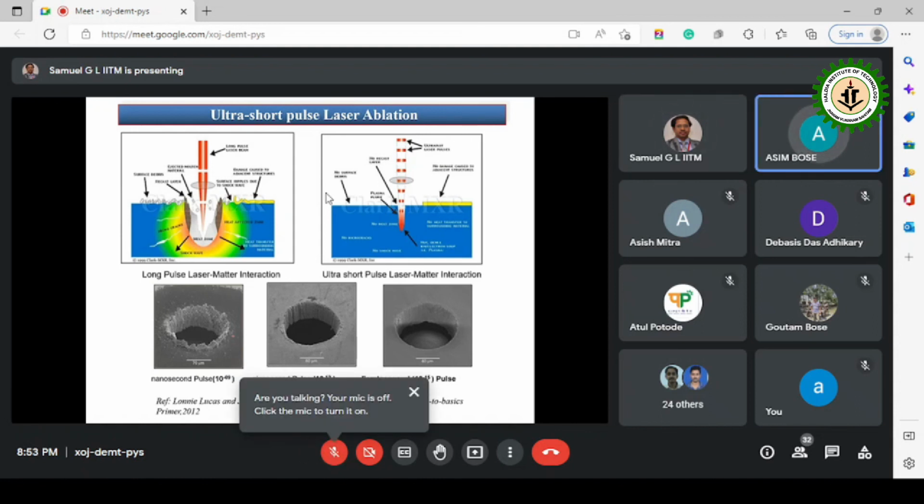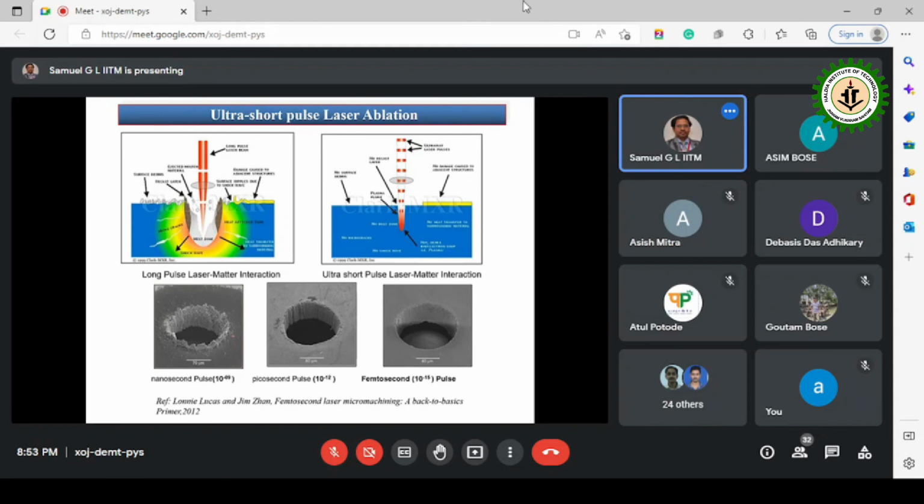Sir, one thing: in laser, we know there will be a certain amount of heat affected zone. Whatever possible method you apply, like applying the laser underwater or under some chemical liquid, it will be minimized. But in open air, when you are using this laser, there will be some heat affected zone which will actually be damaging the intercrystal lattice, right, sir? So I think in femtosecond that will be minimized according to your deliberation, right? Yeah, that's true. Okay, sir.